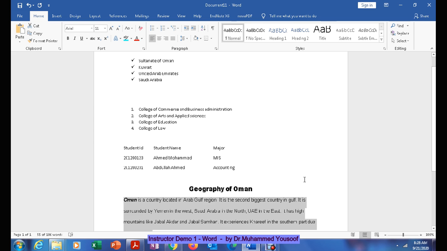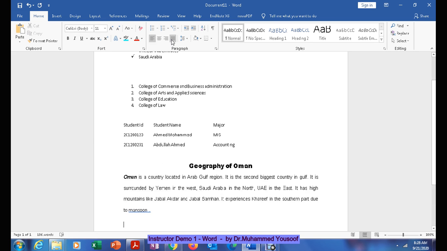You see here it is zigzag. You can make it straight by clicking this button, which is called justify. When you click this button, it will look proper. Okay, justify. Please have a look here. Then to increase the spacing, you use this one, which is line and paragraph spacing.